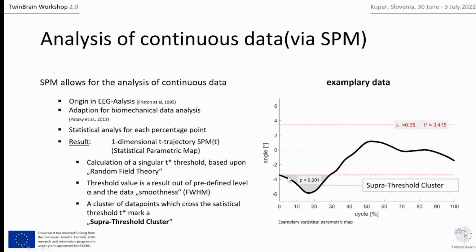So every time, as I mentioned, we go outside of the threshold with our T trajectory, we have a significant difference. And when there is a significant difference for numerous data points that are next to each other, we call that a supra-threshold cluster. So in this example, from, let's say, 4 to 5% of the cycle up to 27% of the cycle, we have a